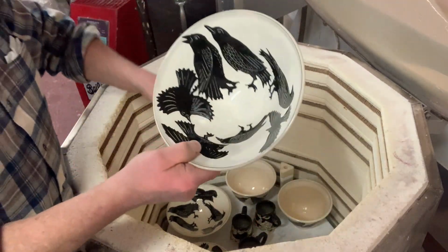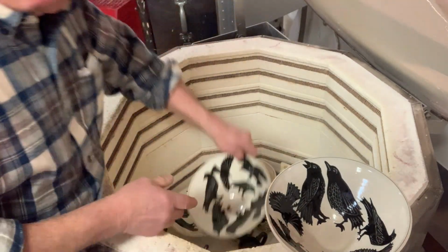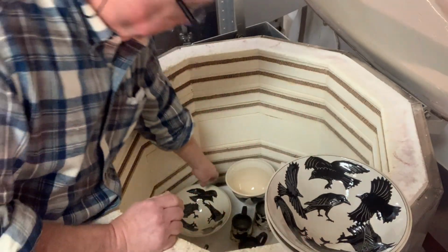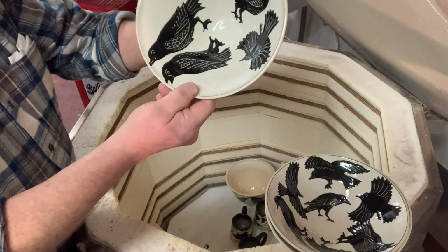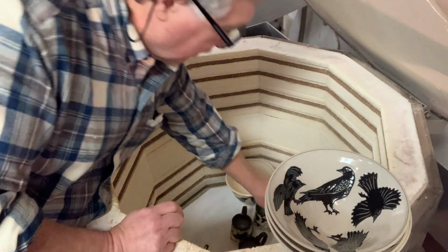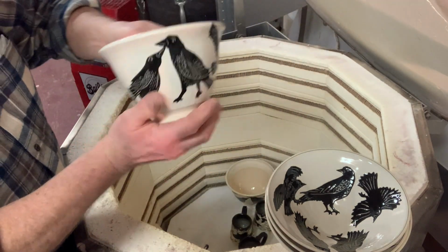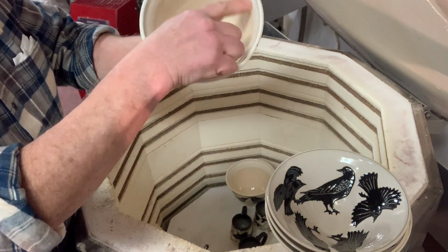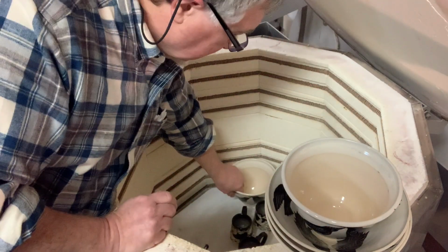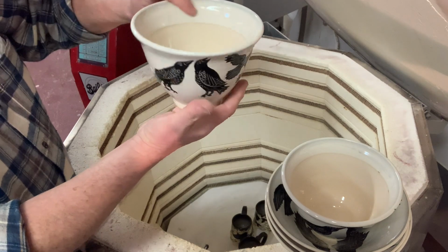And then I got some more of the shallow bowls. People sometimes buy these 4 at a time, so I usually make 6 when I do them just in case. It's rare that somebody buys 4, but some more of these. So I think I got 6 of these. The white slip didn't cover up that very much. That's interesting. I brushed the white slip onto that area, but